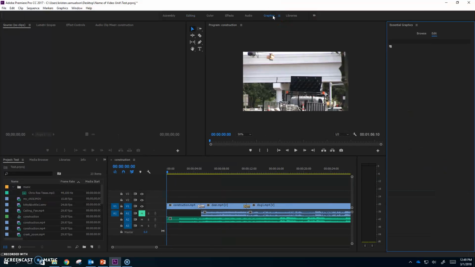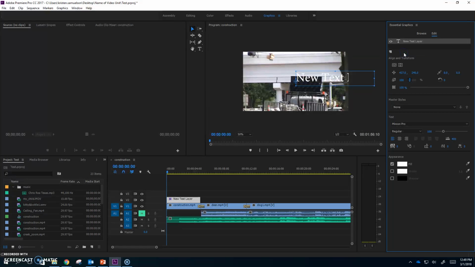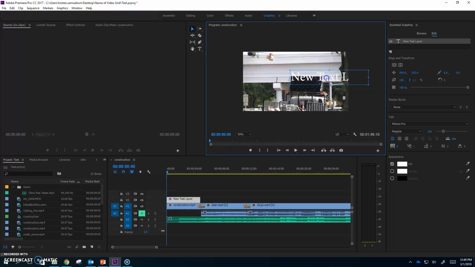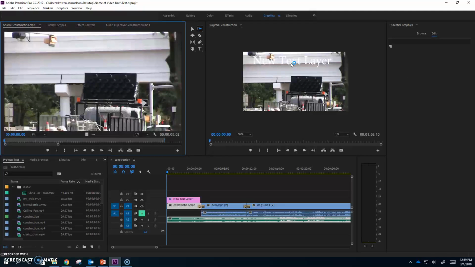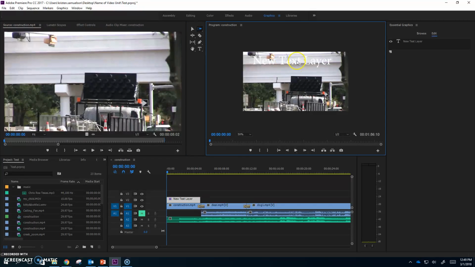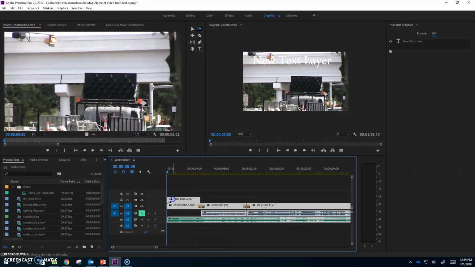I need my graphics layout here. And here I can click on Edit Text, which is simply adding here new text. This is probably the easiest way to do it. Let me try, I lost my,